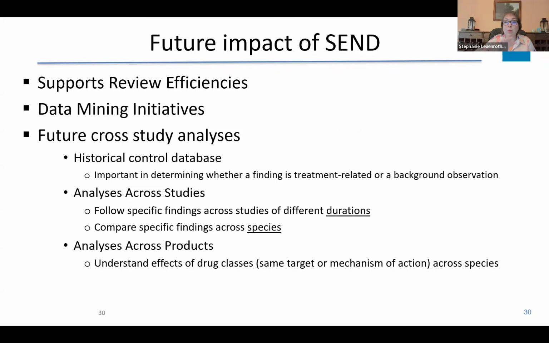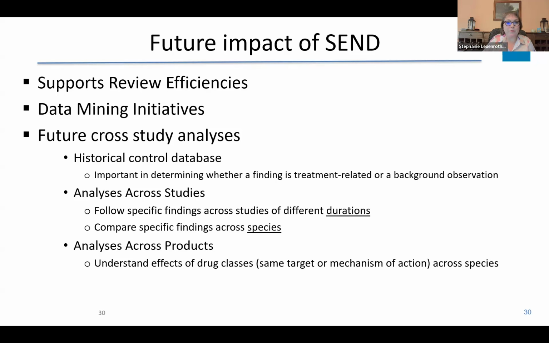In addition to that, thinking more broadly and thinking to the future, there are certainly data mining initiatives that we at FDA have already begun. Just again, looking at the data, looking across in particular drug classes, for example, do we see similarities or differences? And then future cross-study analyses, creating historical control databases to look across different species and strains, looking across studies, durations, again, the species, and then across products. So I think once you have these data in a standardized format, there's a lot that can be done with it. And it's been really helpful to multiple initiatives at